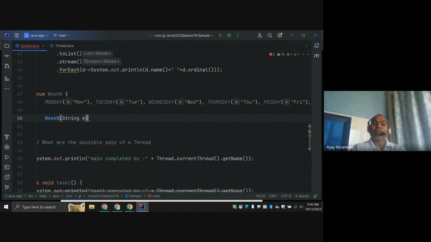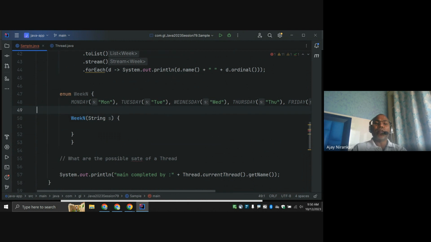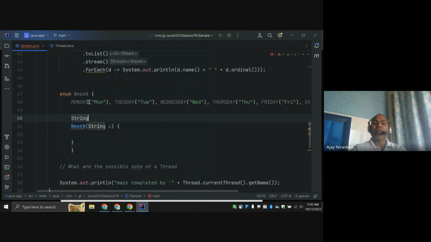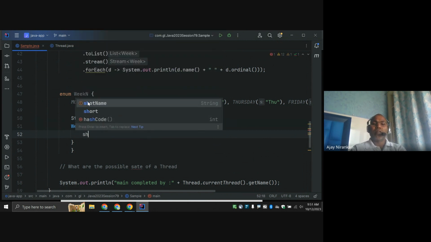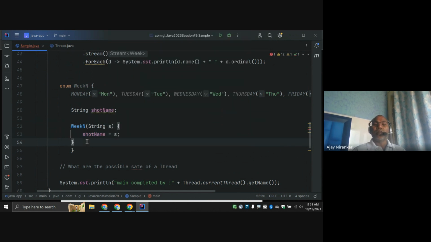String S. Right. Here you have to do this way. And here say string shortName, okay? Short name. And here say shortName equal to S. So in this way,